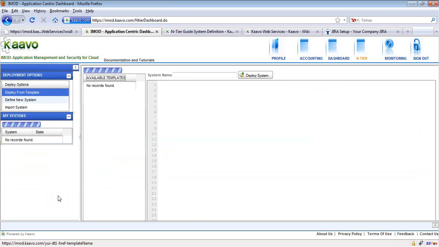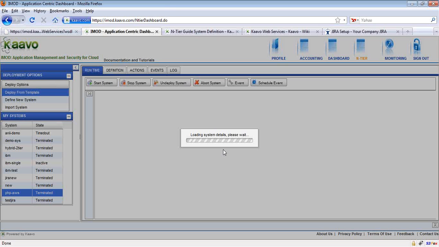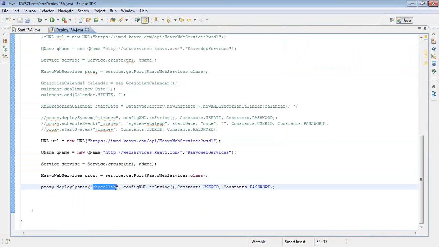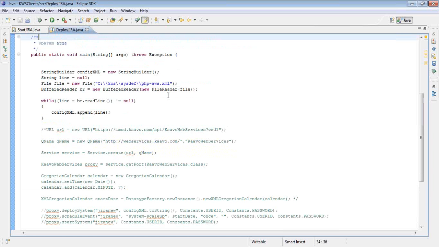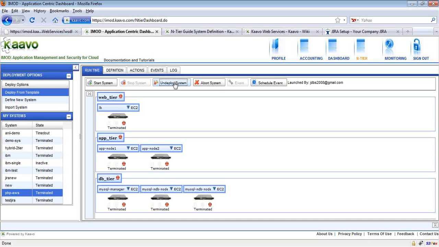So let me delete this. Actually, the name I specify here is going to be the name of the system. Even though the XML file from which I'm deploying the system is PHP AWS.xml, still this is the name by which the iMod will call this system. But anyways, I will deploy the existing one.